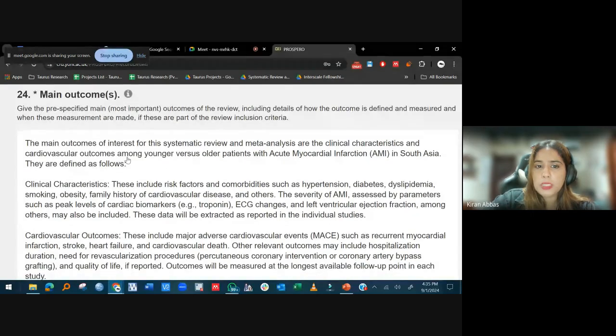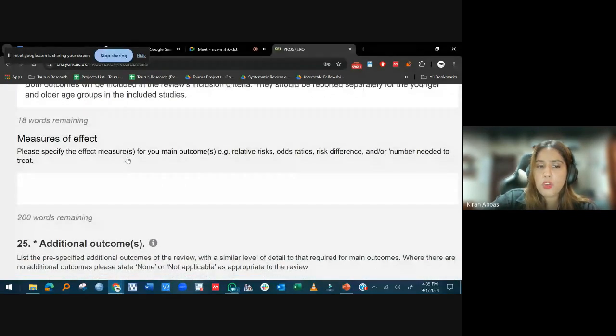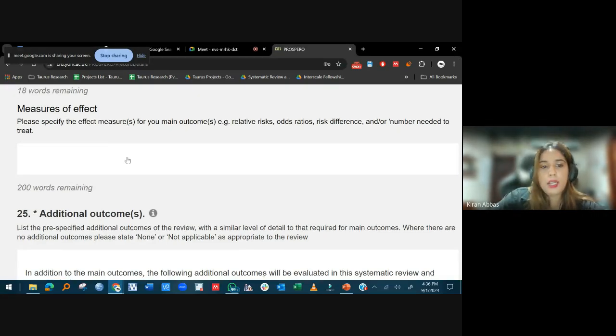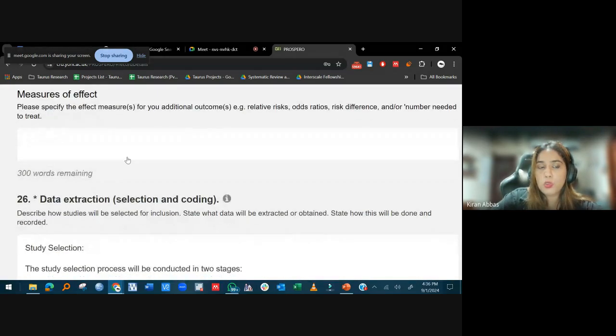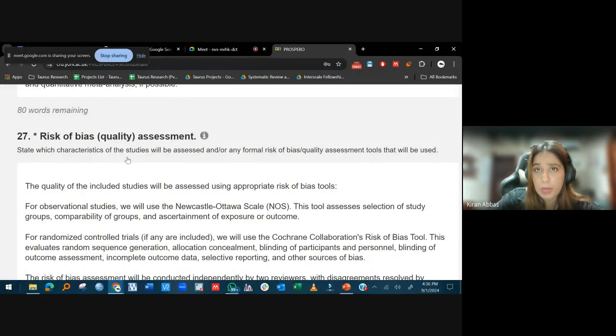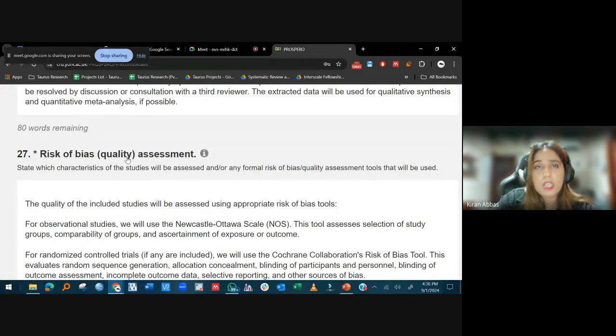फिर कॉन्टेक्स्ट इज ऑप्शनल, जरूरत नहीं है इसकी। मेन आउटकम्स, अगेन मेन आउटकम्स आपने लिखना है। फिर मेजर ऑफ इफेक्ट, कि अगर आप एनालिसिस कर रहे हो तो एनालिसिस का आपने बताना है कि स्पेसिफिकली क्या मेजर ऑफ इफेक्ट है, क्या रिलेटिव रिस्क देख रहे हो, ऑड्स रेशो देख रहे हो, या कोई और चीज देख रहे हो, ठीक है। एडिशनल आउटकम्स, अगर आपके कोई एडिशनल आउटकम्स हैं तो वो बताने हैं आपने। फिर डेटा एक्सट्रैक्ट कैसे करना है। सो दिस इज अ वेरी डिटेल्ड application and it will take you a week to complete this, but take your time through this, like make sure that you have a predefined protocol। आपने ये एक दफा बना लिया तो आपके आगे के जो स्टेप्स होंगे वो इजी हो जाएंगे, ठीक है।